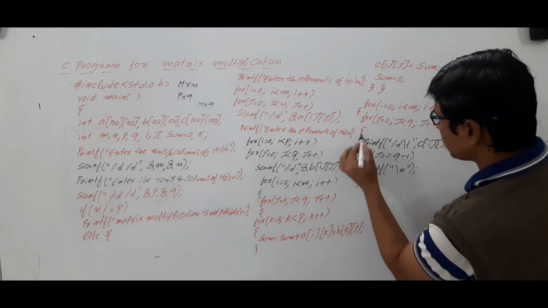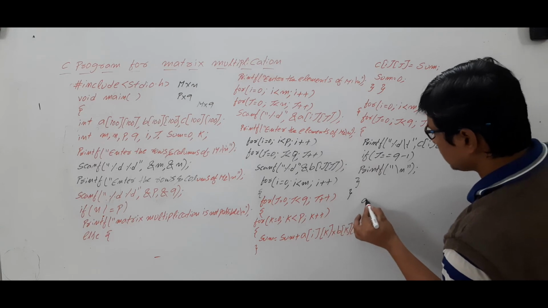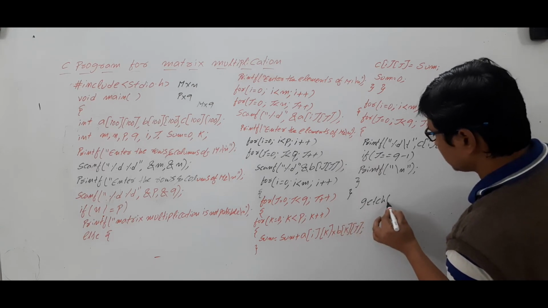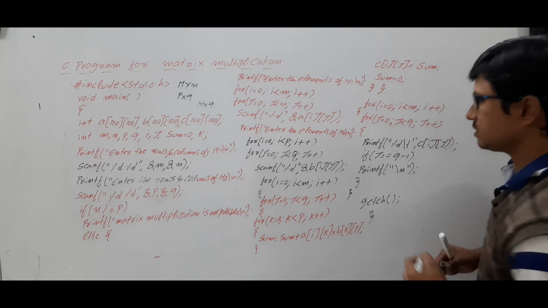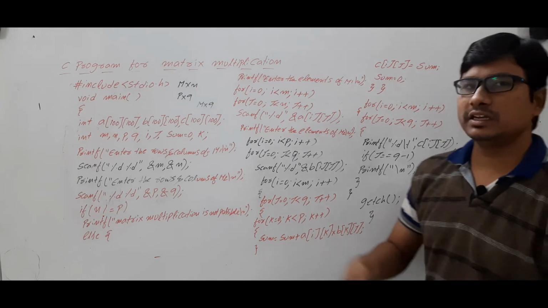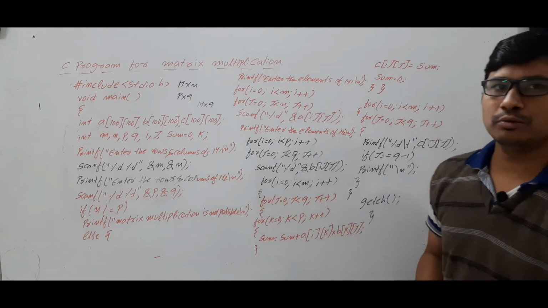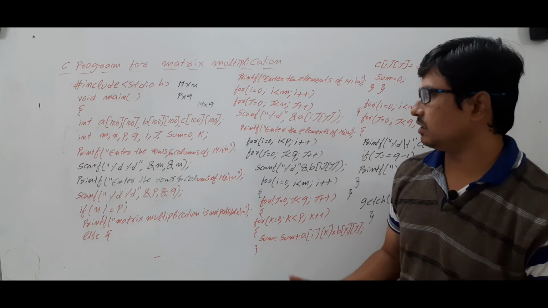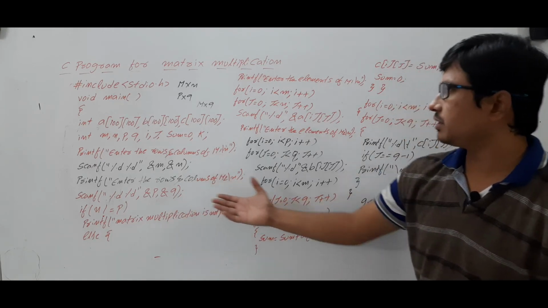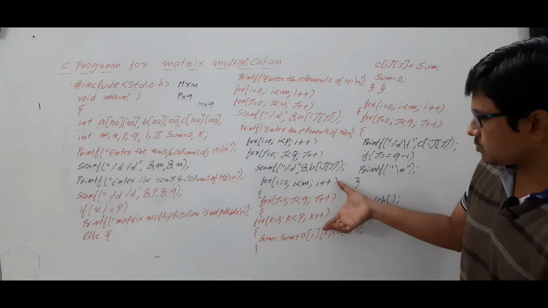You are closing these two loops and then you are writing the getch function and you are closing this one. So this is the entire program for you to perform the matrix multiplication. For your comfort, I have written the entire program. I would have just explained this logic,